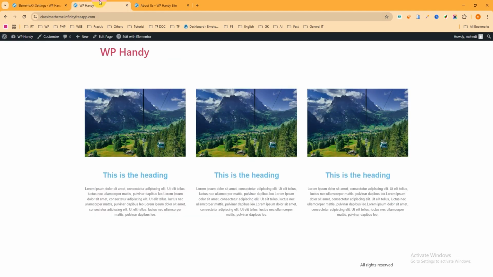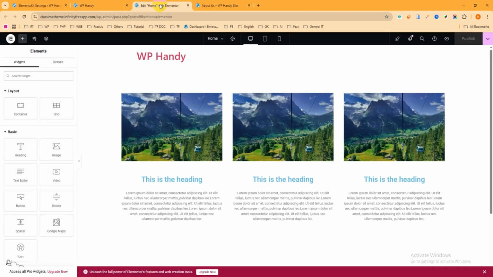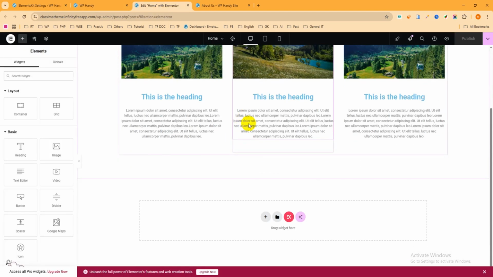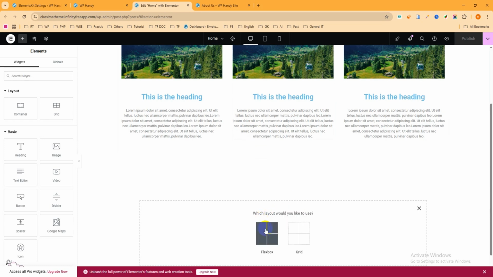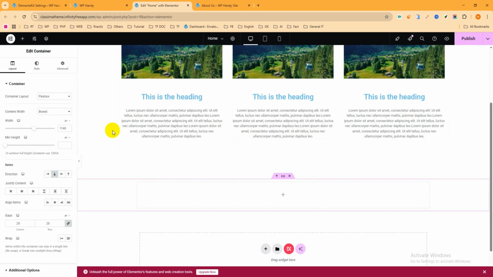So go to the website. This is the home page and I want to add a team member section in this page. So edit with Elementor. Scroll down, then hit on the plus icon and add a new section. Flexbox, I want to use fluid. This is the fluid, and select pixel. I want to give here 1905